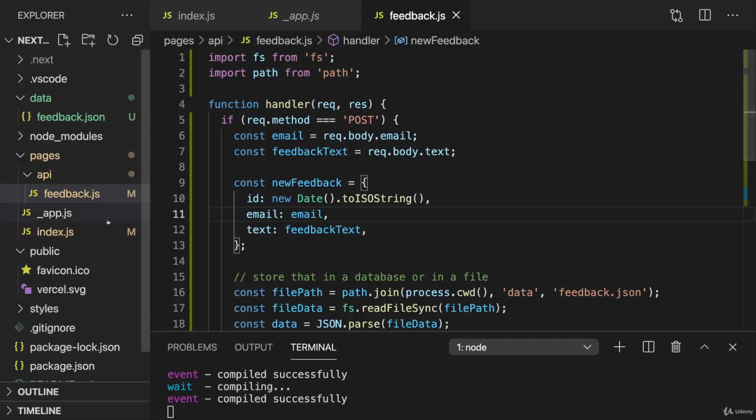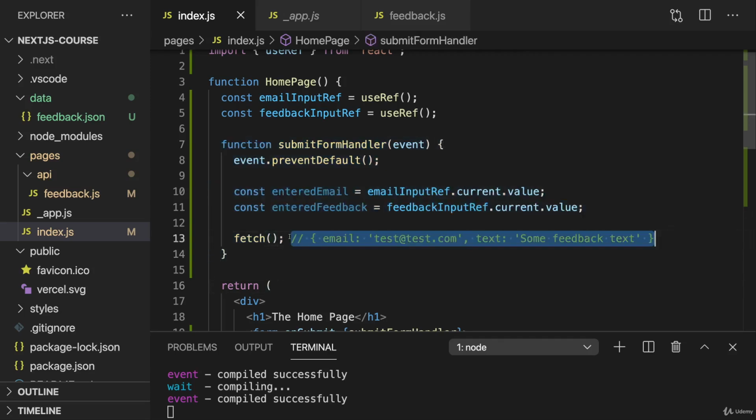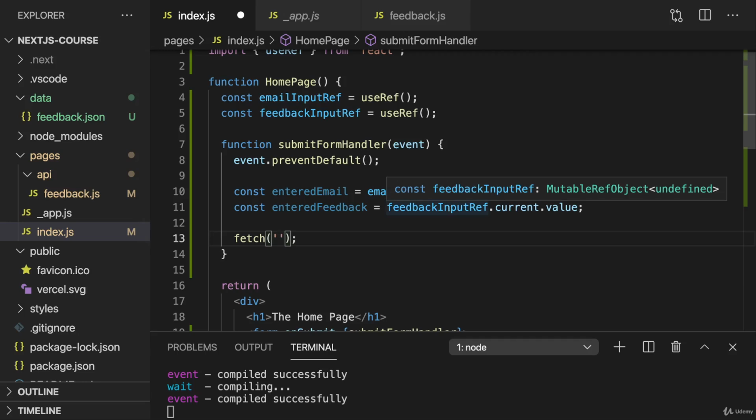So let's now connect everything, and for this in the frontend index.js file, I now really want to send an HTTP request when the form is submitted. So for this, I will use that fetch function, and now we need the URL to which the request should be sent. Since we will target this API route, the URL will be our current domain, and then just